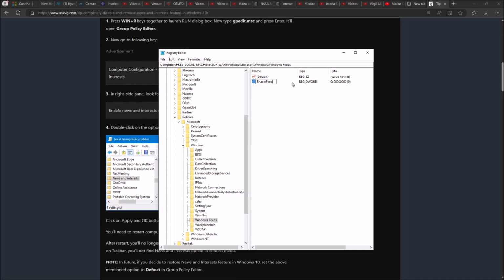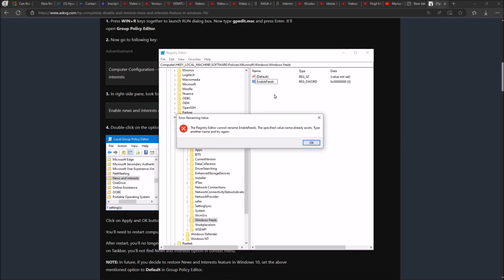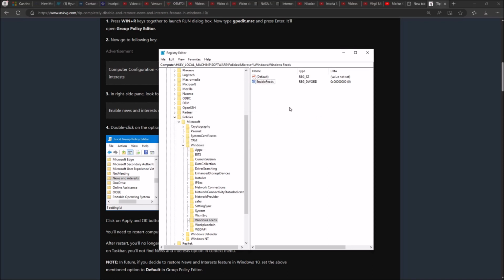So you are going to type an S, something, and then click someplace else to activate this, and by default it's going to give you 0 value. This means the enable feeds value of 0 means it's deactivated. So basically you are telling Windows to deactivate completely that process. You can modify these numbers, but by default it's going to be 0, so just leave it there, create the name, it's going to be 0, and when you finish doing this, this is all you need to do.